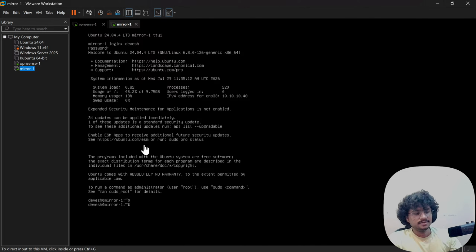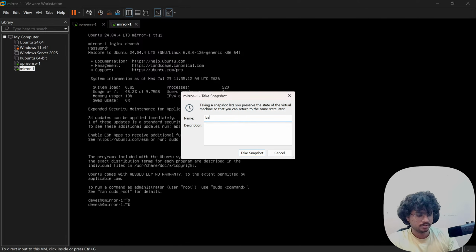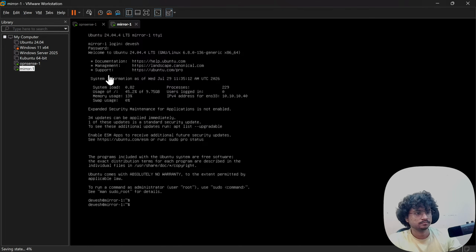Now that the server is set up, I need to install some packages like aptly, etc. Wait. First of all, I should take a snapshot of the fresh install. Now just reboot.